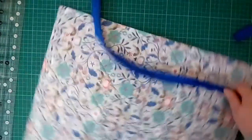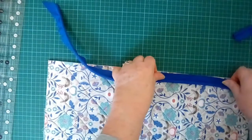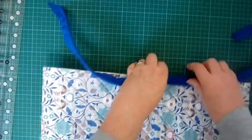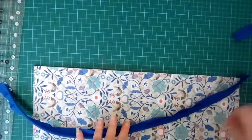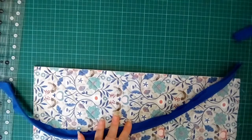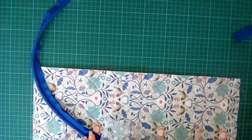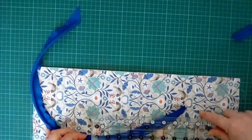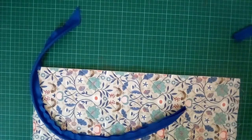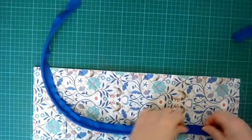to the side edge of the thing. Now I want to use a 1/2 inch line, so just getting my ruler a moment and saying, is that 1/2 inch? No, it more or less is, but to be on the safe side, I'm going to pin my